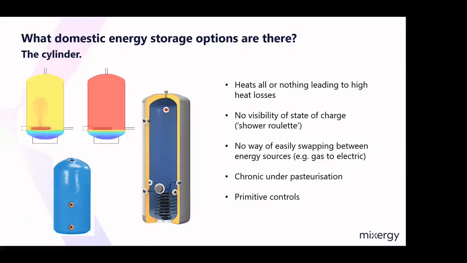Unvented cylinders can be direct or indirect, but they're a sealed system that uses high water pressure to deliver hot water faster. By being a sealed system, the water is able to heat faster than in a traditional open-vented cylinder. We then have some more specialist types of cylinders for heat pumps and solar thermal, which have larger coils to transfer the lower grade heat to usable hot water. These tanks are much larger due to the size of the coils and can be harder to install in traditional 600 by 600 airing cupboards, so it can be difficult for retrofit.